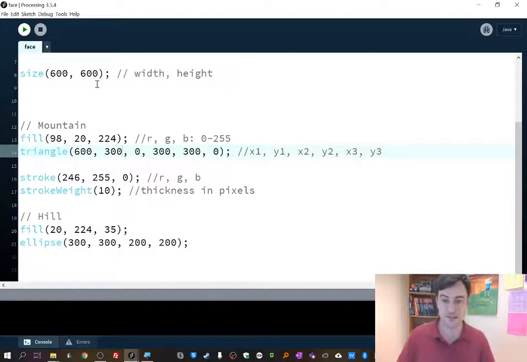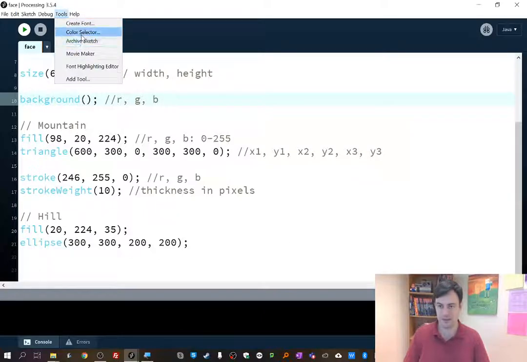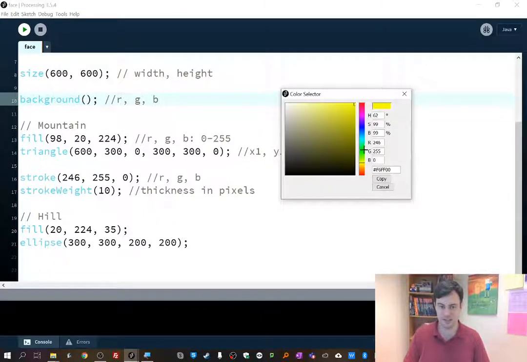There is one last thing I wanted to mention, and that is background. There's a background function, and you can again give it red, green, blue arguments, so 3 numbers, and you can paint the entire background of the screen. It's not exactly what you would think, though. Here, I'll put background, and we'll choose a color, another amazing color. Let's go to the color selector. Let's pick,